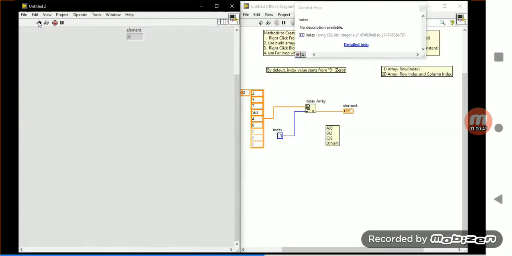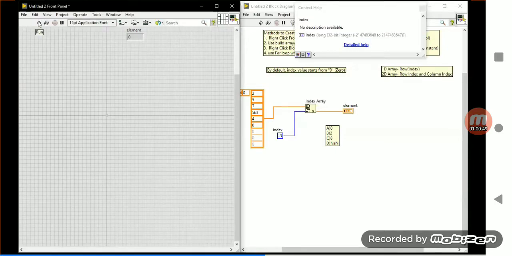I think no one said 0. The answer is 0 only, okay? So the answer is not NaN and the answer is not 2. I will explain. I don't know why you people set NaN. NaN will come when you are doing some operation and you get an unexpected output; that will return NaN, which means not a number.